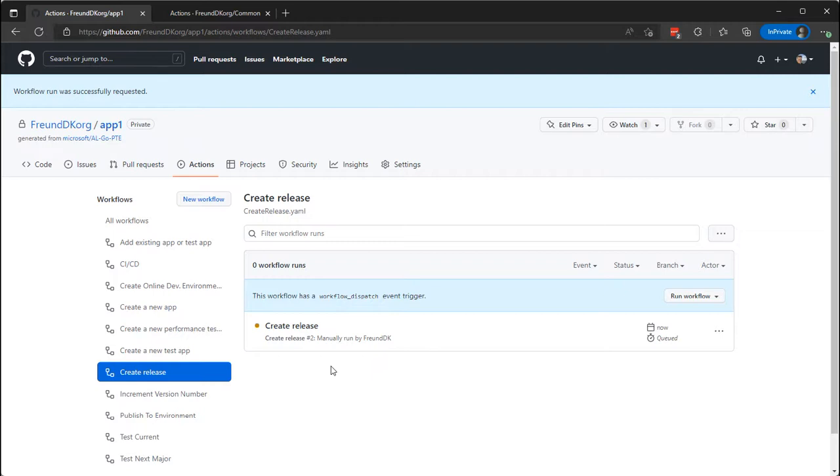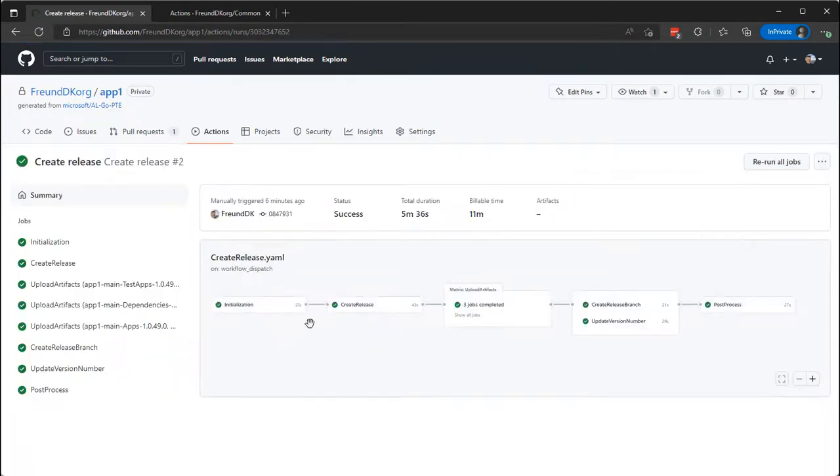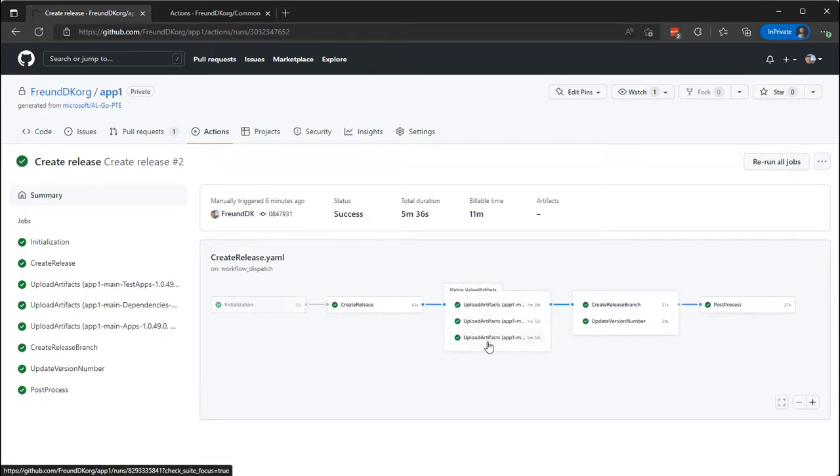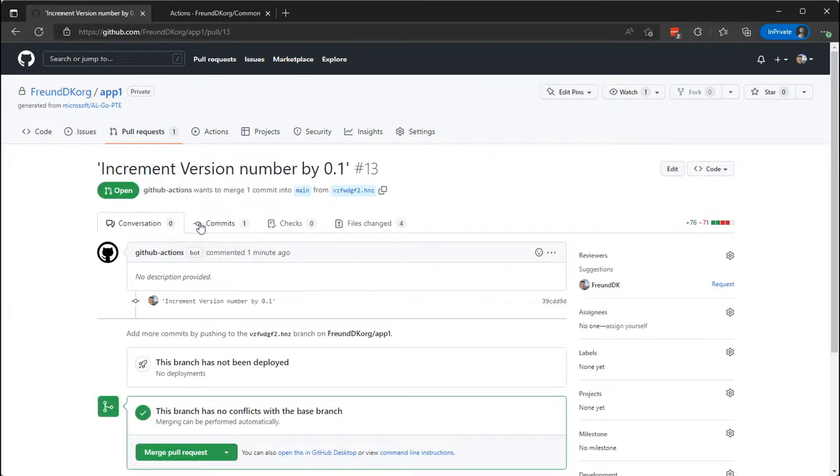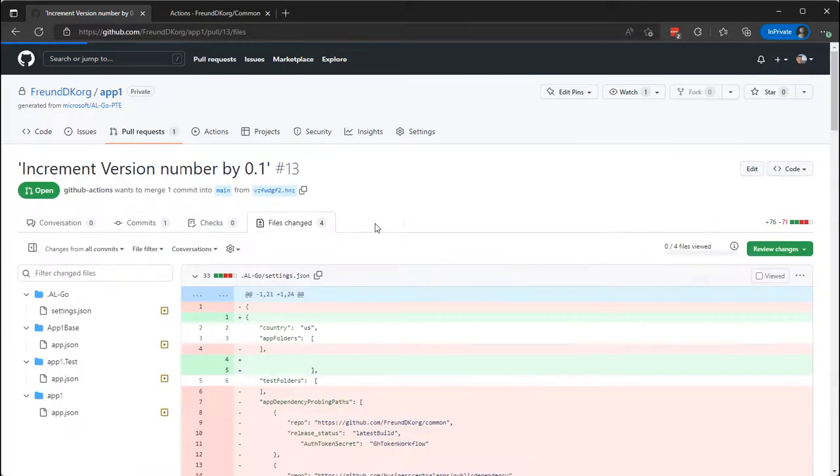Let's wait for the workflow to complete. We can see that the create release has completed. Let's look at the release. We have 3 artifacts that have been created: the test apps, the dependencies, and the apps. And we have a pull request which consists of the files that have been modified by the create release,